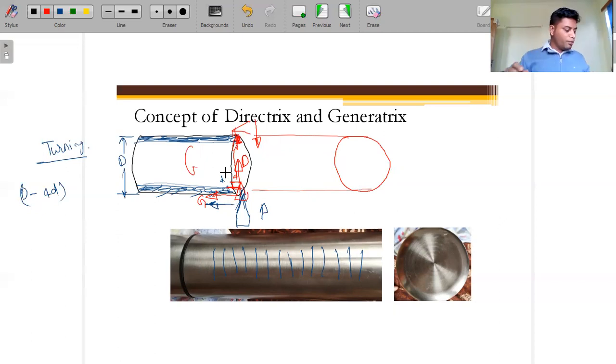So if I want to make these lines over here, then first of all you keep the single point cutting tool over here. That will remove the material, right? This is done, so we'll move this single point cutting tool in this direction. Now this much amount of the material is removed.